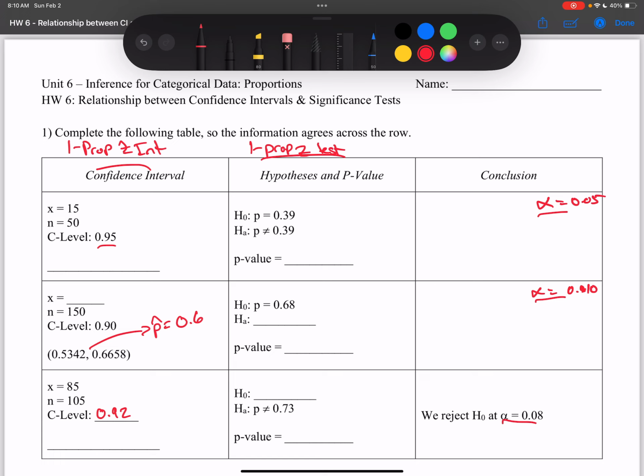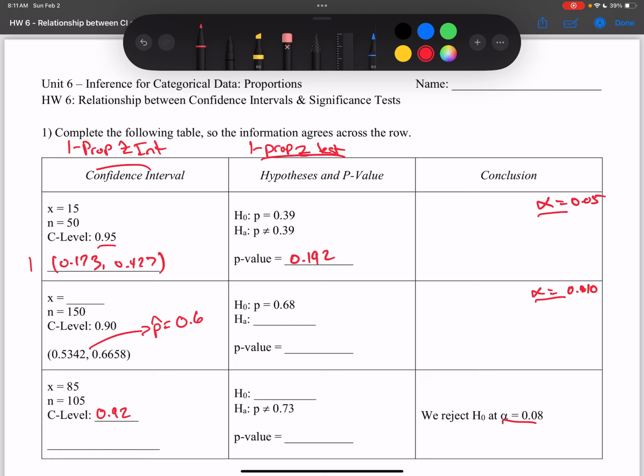Okay, so for the next bit, I'm going to start filling out this first row, okay? So the one prop z interval will help us find our confidence interval, so we can use our calculator for that, which will spit out an interval of 0.173 to 0.427. And then again, we can plug this into our calculator again, but this time with the z-test, we plug in all of this information. Our p-value comes out to